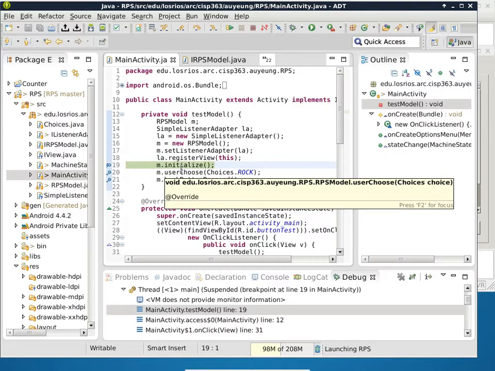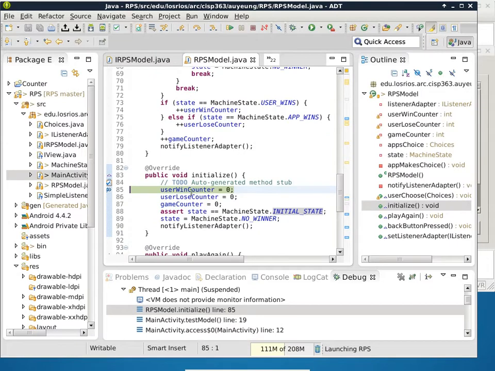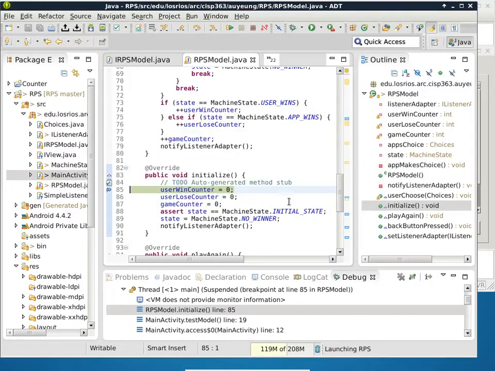I'm about to get into initialize. Now this would be a good time to single step into it just to see what happens when we call initialize as a method. All right, so we'll step into initialize. Inside initialize, these are the things that we are doing. We reset all the counters. Nothing too mysterious. So we want to keep stepping over, and we want to get rid of this breakpoint here. Step over,